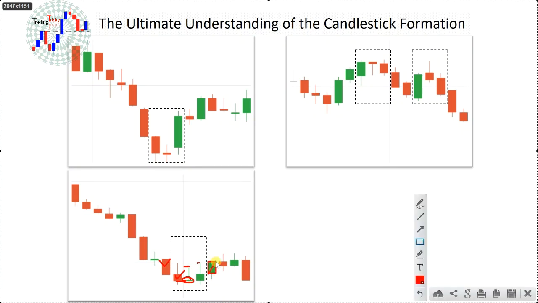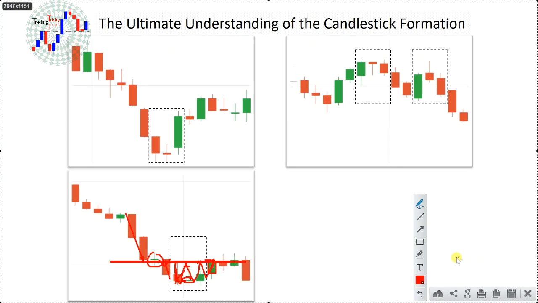Now after this, we can definitely expect sellers entry. Why? Because this is a very strong level, this is an SNR level, and the market is trying to go down, it retraces here, then sellers entry. Every time the market reaches this level, then sellers entry, reaching this level, sellers entry, reaching this level, sellers entry. Now the candle closes at the level. So after this, definitely we can expect sellers entry.